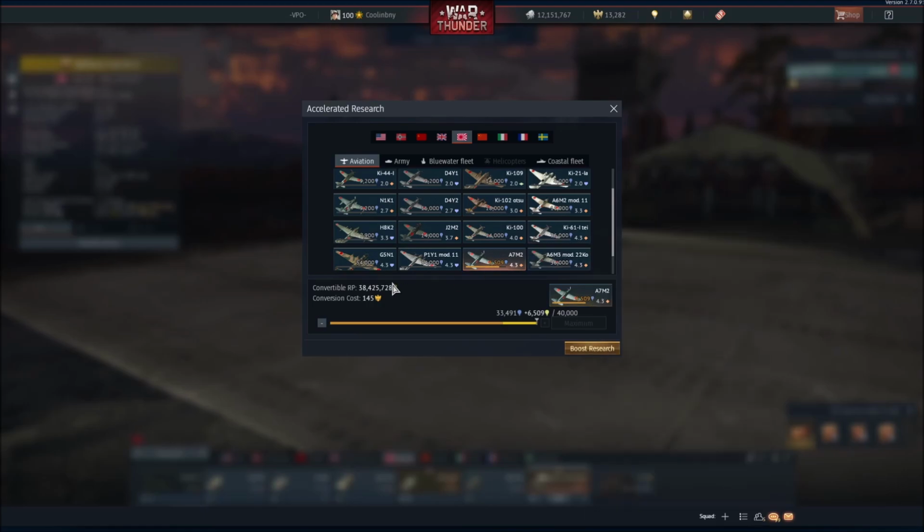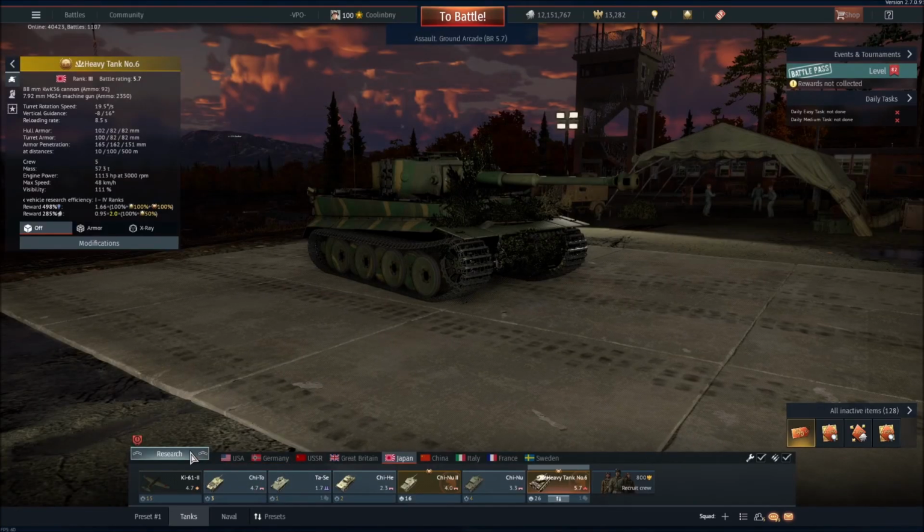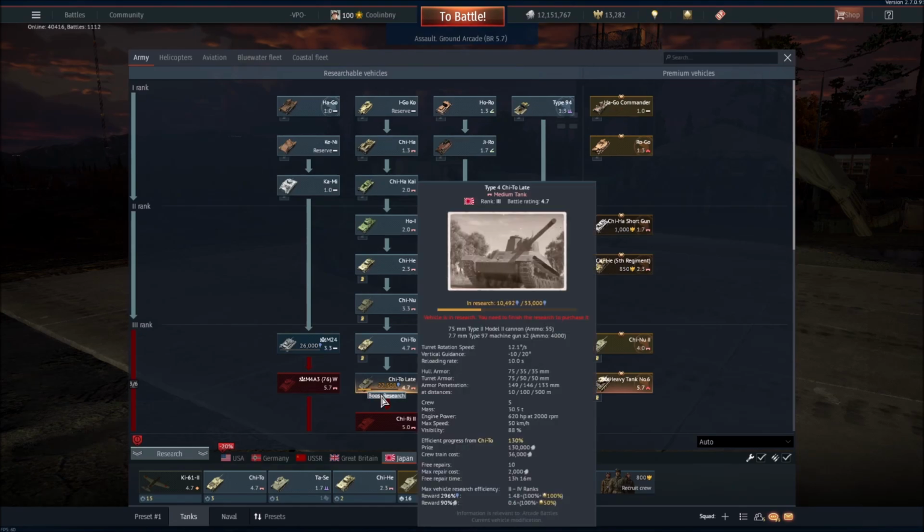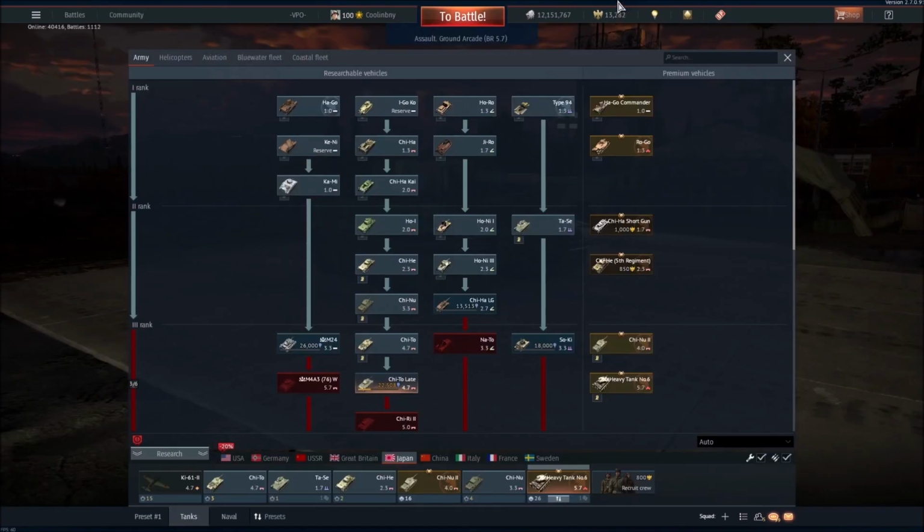This basically is something that you gain side by side with regular research points, and the way that you can use it is by using GE. This will be able to unlock new vehicles. So let's say, for example, I don't really have too far in the Japanese tank tech tree or air tech tree. So if I want, I could just use all that convertible research, click boost research here, or click it up here,